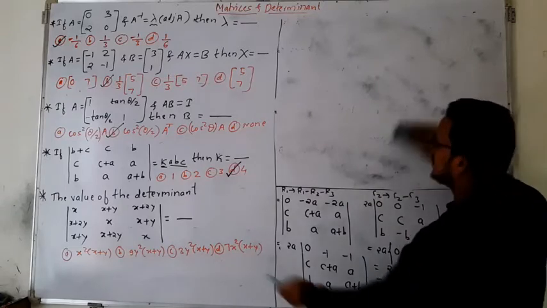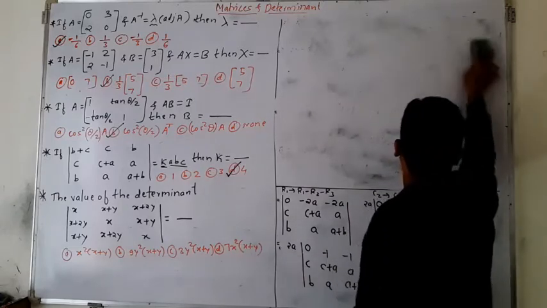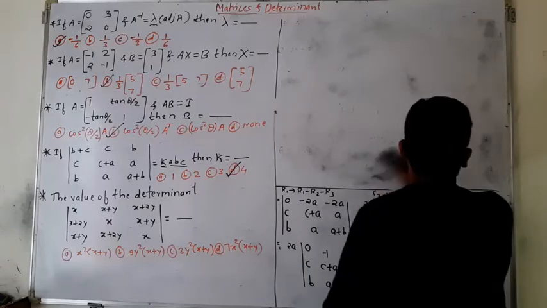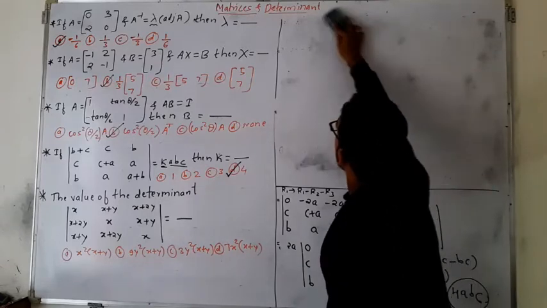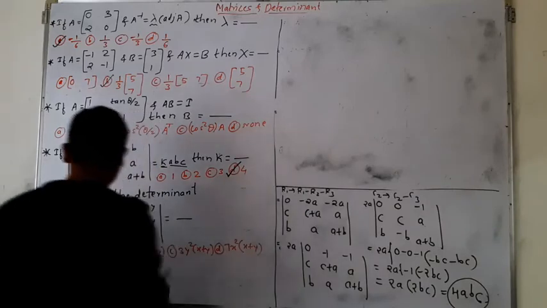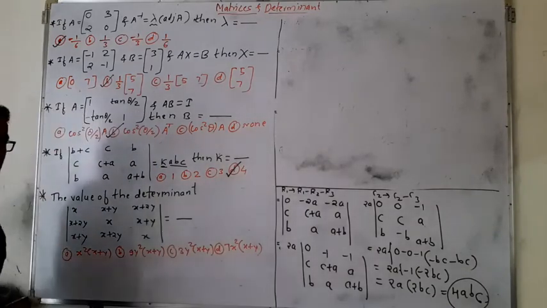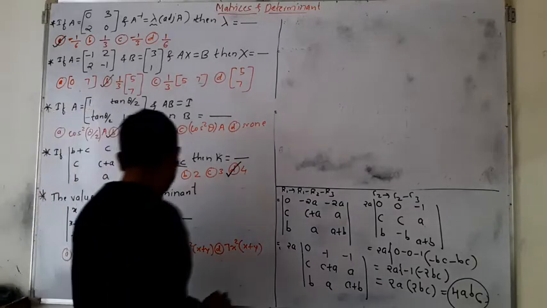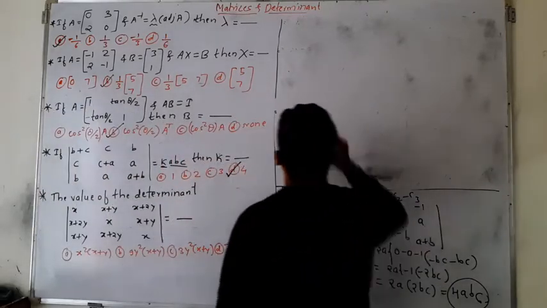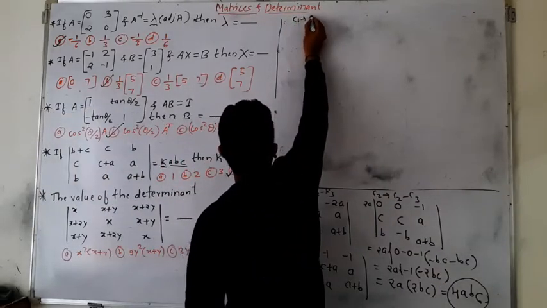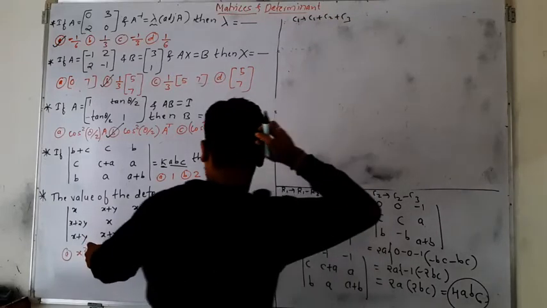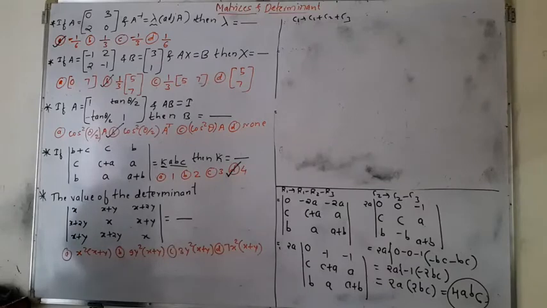So therefore you try to apply the operation on the determinant in such a way that we can form the term that is x plus y. We can form the term x plus y by seeing the options only. Okay, so therefore I will apply the operation to get the term x plus y. That is, I will say C1 changes to C1 plus C2 plus C3. C1 changes to C1 plus C2 plus C3.